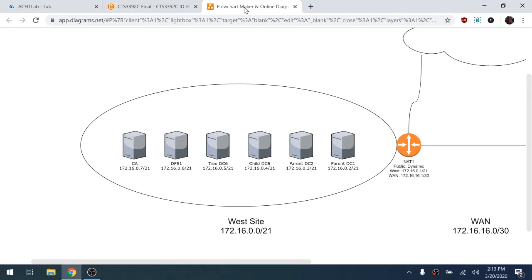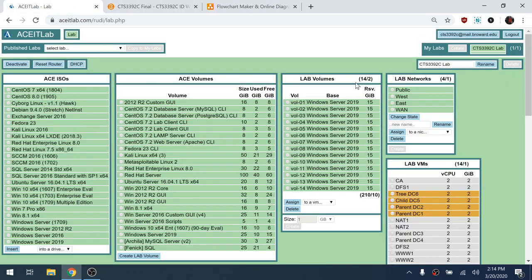Hi class, in this lab we're going to set up a new tree domain. So this is my diagram. I'm just looking at the west site. I'm only dealing with this computer on this lab. So I've signed into ACE-IT already,